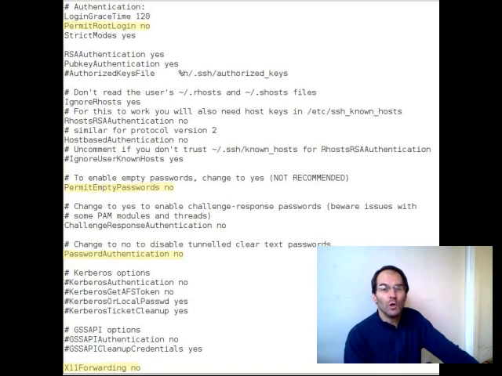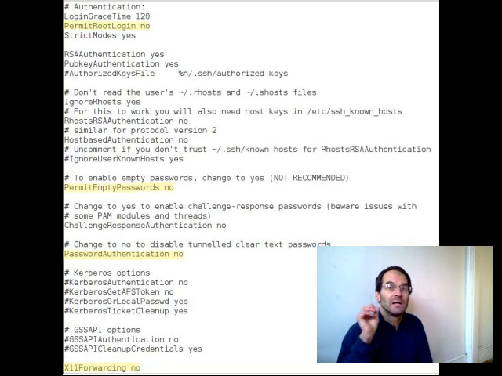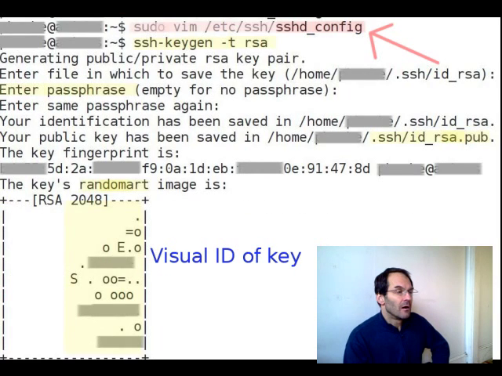X11 forwarding, no. We don't need a graphical environment. Actually, it could be a security hole there, so no. And if any of those lines are commented with hashtags, delete the hashtag and save the file. All right, next, you're going to do the command